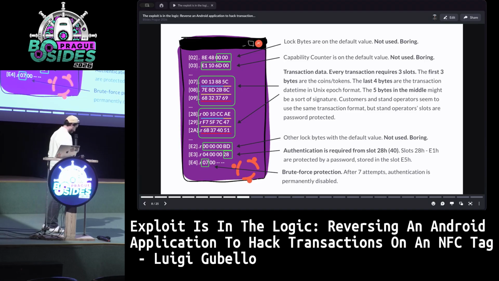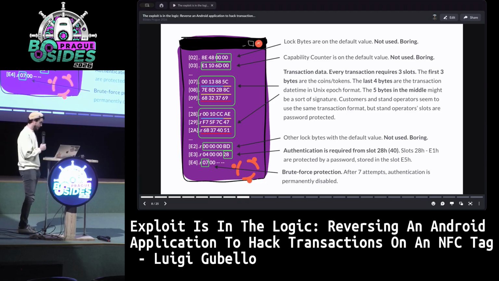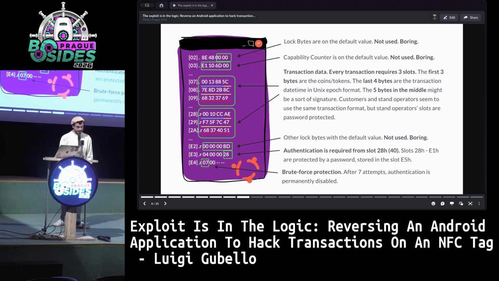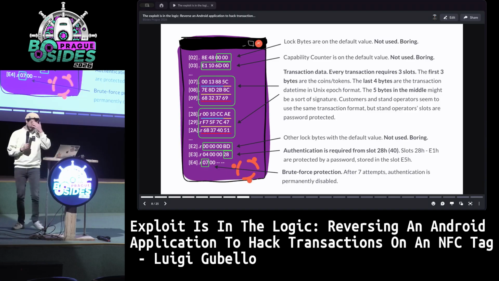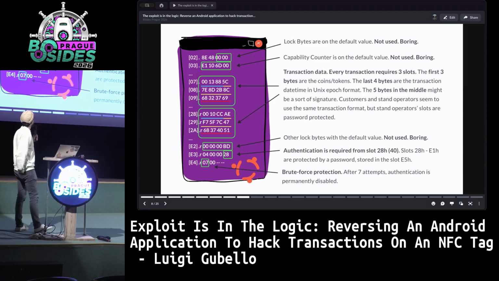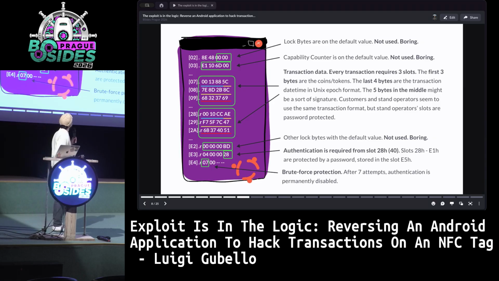When I was at the festival, I could buy items and I could pay. I could add credits, so tokens, to my bracelet. How were they stored? Transaction data is kept in the memory of the chip. The application writes the transaction, and the number of tokens is written too. And so what we have here is that every transaction was 12